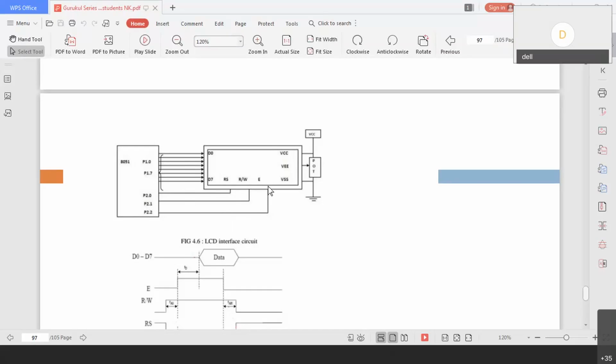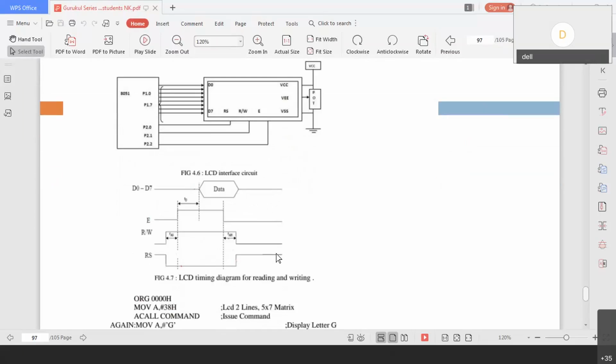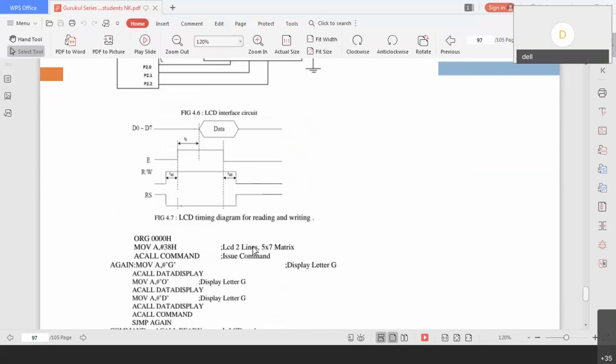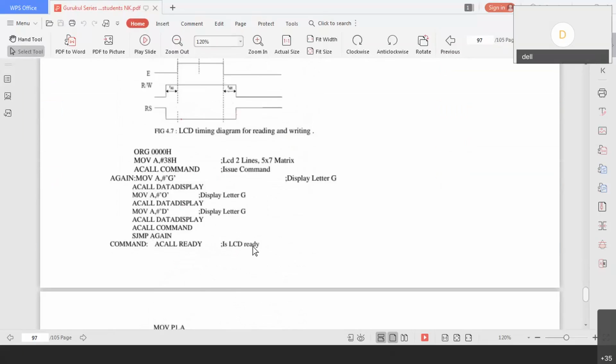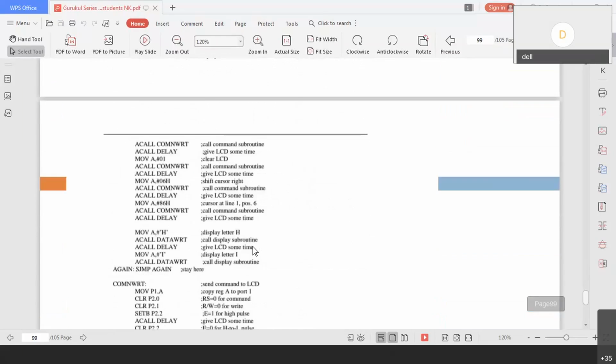Next there is the E signal, enable. This enable signal makes sure that whatever data is sent to be displayed, or read or written, is latched. It is a low to high transition or high to low transition. So we take care of that. You can see that in the diagram. And this is a program.